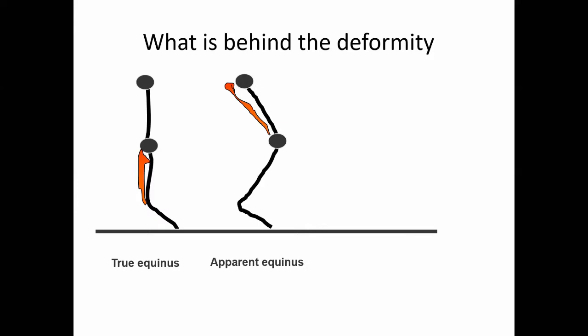So no confusions here. But if you see this child, suddenly the illusions appear. This child appears to walk on toes. But if you look, the ankle is neutral. So the ankle is not responsible for his toe walking. What is responsible? If you look, the knee is flexed. So any knee which is flexed beyond 30 degrees in stance phase will cause the heels to lift up and create an illusion of toe walking. Okay, so this is something important.